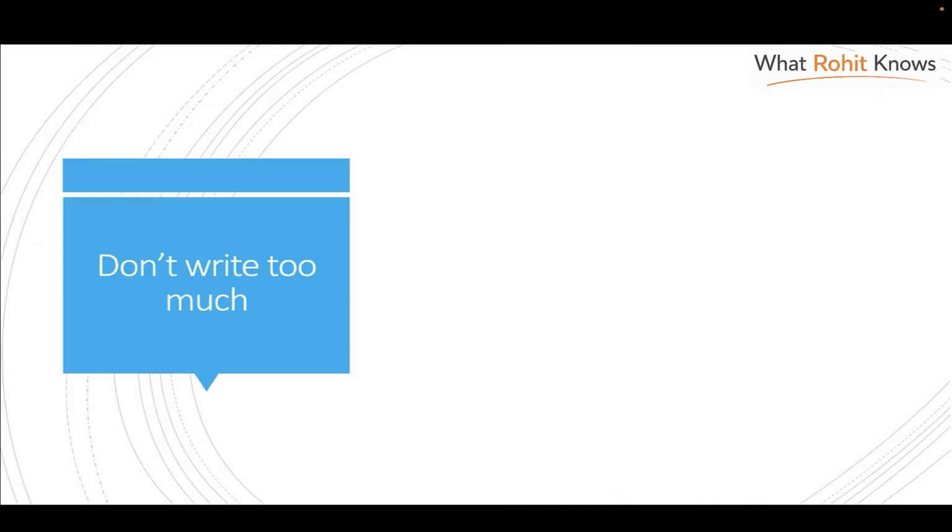The first suggestion that I have is don't write too much. Just because the maximum words that you can write is 75 doesn't mean that you have to write such a long summary. In fact, you should never write a very long summary. Most of the times, about 30 words is sufficient if you know what the key information is. If you find that you are writing a very long summary, then it usually means that you're not clear about what the key idea is in the text.